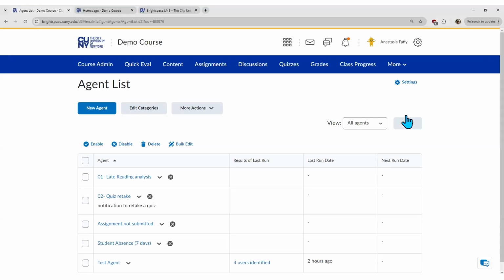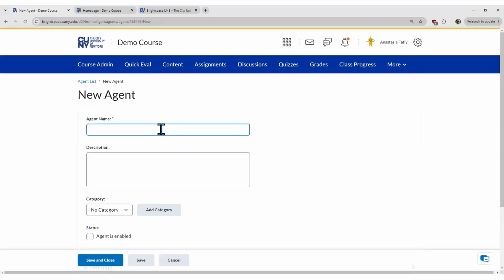Right now, we're going to go through and create a very basic agent, and it's going to be for students that haven't logged into my course in more than a week. Just because I want to make sure that students are participating. And if someone is not in my class for over a week, I want to send them an email saying, you need to come back to class. Participation is an important part of this. So we're going to start by clicking the new agent button. We're going to name our